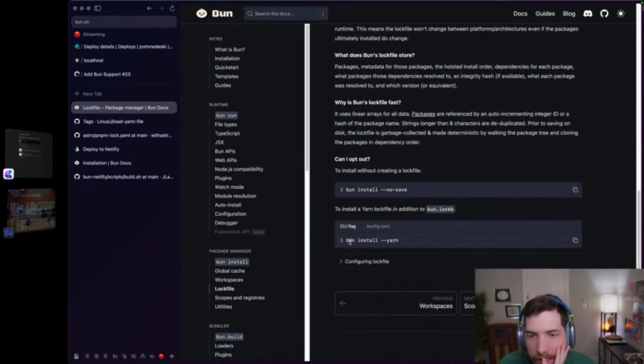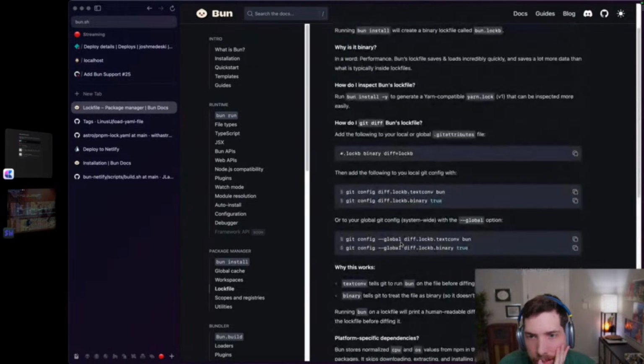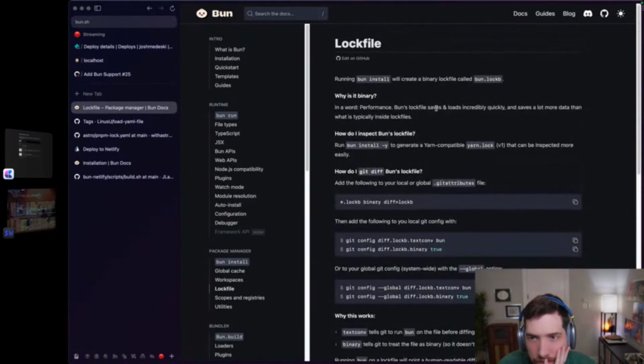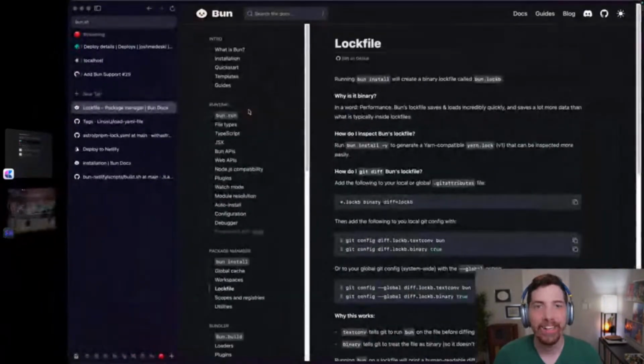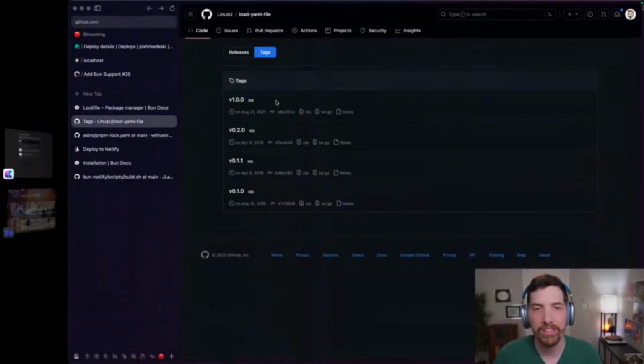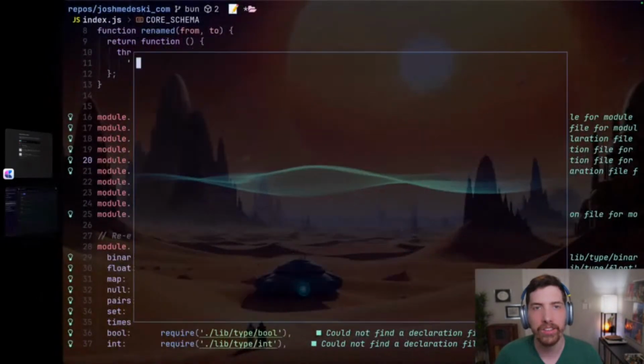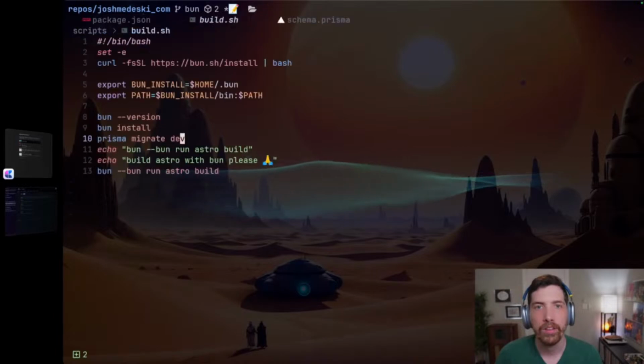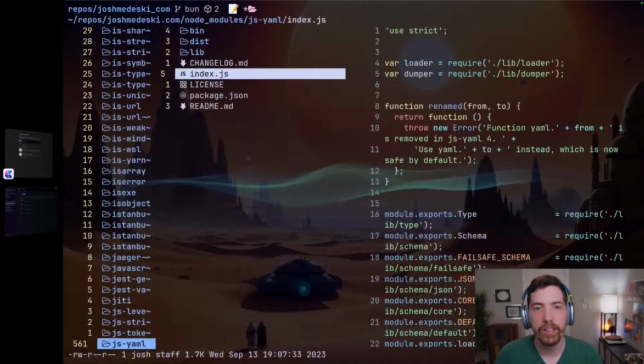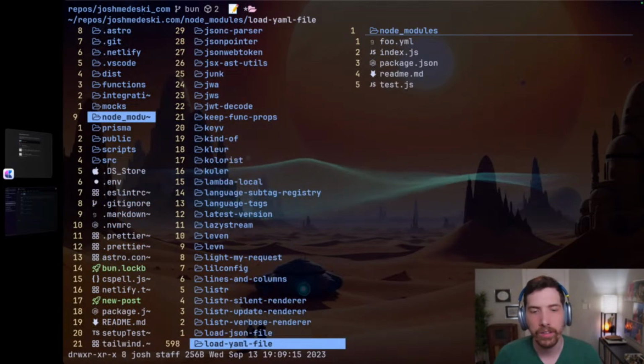Oh, interesting. You could add a yarn lock file to it. It saves a lot more data than what is typically inside lock files. So it might not be fun to read. Okay, all right, so then we'll just see what happens if I load YAML file. So load YAML file is the current culprit. Let's just get rid of that. Let's get rid of that. Load YAML file